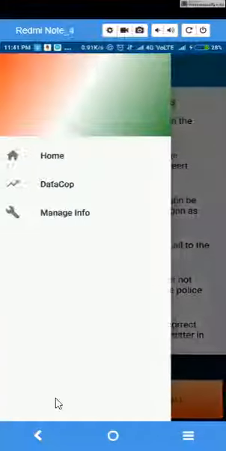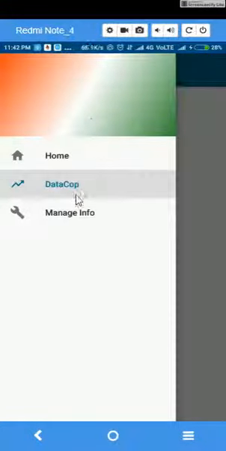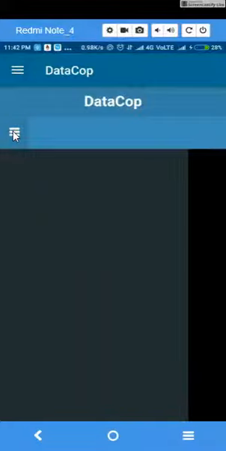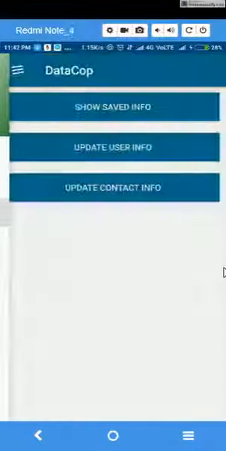So now let me explain that I've shown you earlier our DataCop platform, the data analytics platform. We have also integrated this platform with our mobile app. So the user can view our complete data analytics platform here. And I guess the internet is slow, that's why it's running slowly. So let's move on to our second app,